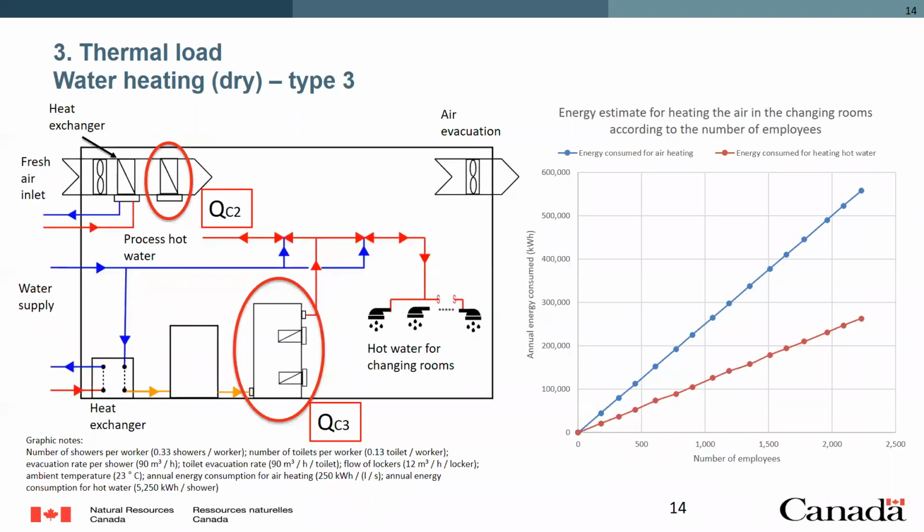Type 3. There's a significant amount of water that needs to be used in mine sites. The example here is the showers, which is not really the most significant one, but it is one. And basically, whatever heat that you capture in other processes, you can either use it for processes that need hot water, like is shown here, or even warming up the air that is needed on the dries, for example. In any case, the amount of energy that can be saved is significant.